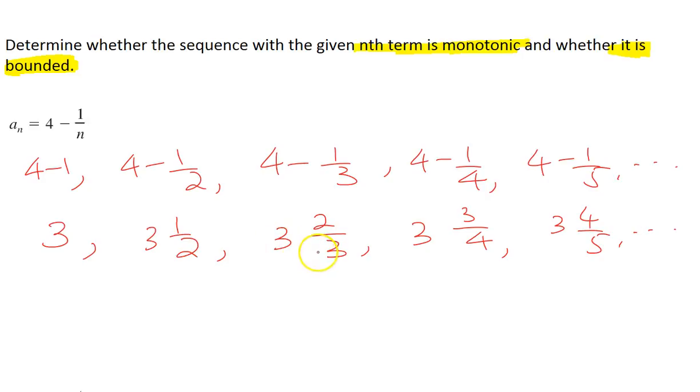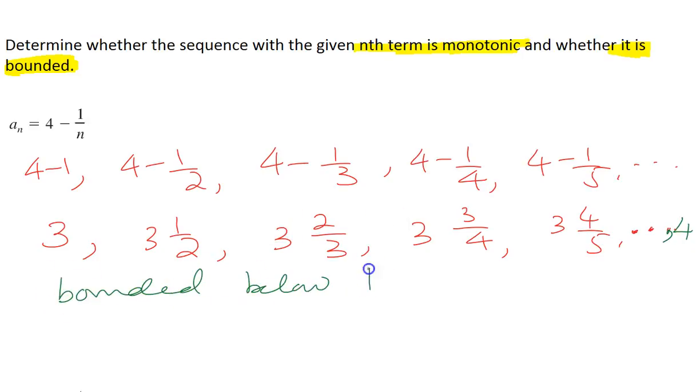3.5, 3.666, 3.75, 3.8. Now, when n gets increasingly large, when n goes to infinity, 1 over infinity is 0. What's the last term going to be? Last term is going to be 4. Right, guys? So this sequence is